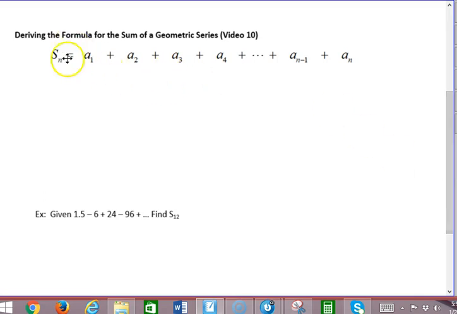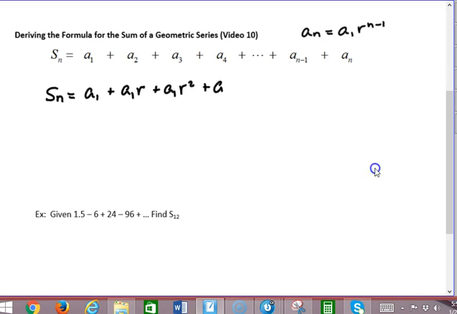Any series can be written as the sum of the terms from 1 to n. Sum S sub n, a sub 1 plus a sub 2, etc. Now recall that if we're in a geometric sequence, a sub n is equal to the first term, a sub 1, times r to the n minus 1. So if I wanted to fill in what these terms would look like specifically for a geometric sequence, they would look like this. S sub n is equal to a sub 1 plus a sub 1 times r to the first, plus a sub 1 times r to the second, plus a sub 1 times r to the third, plus,